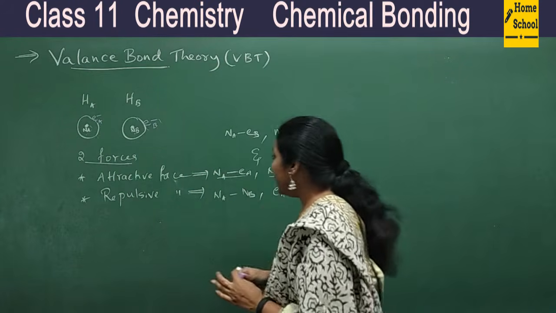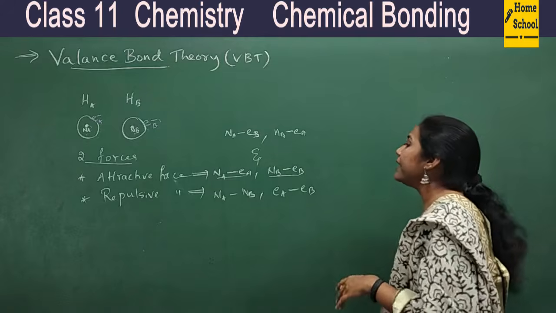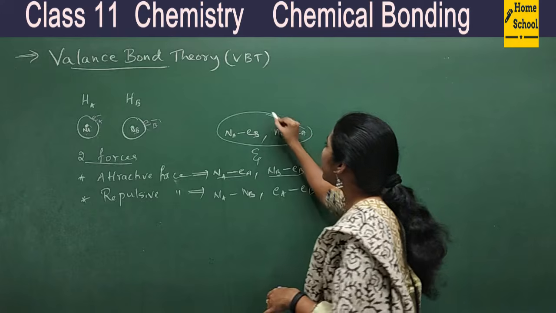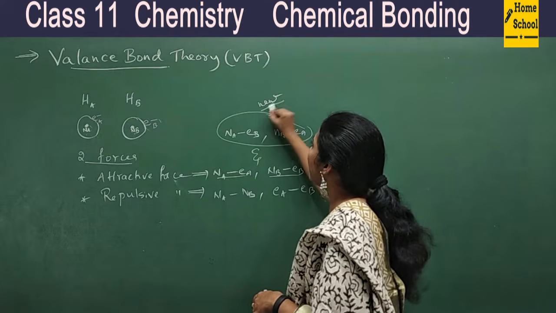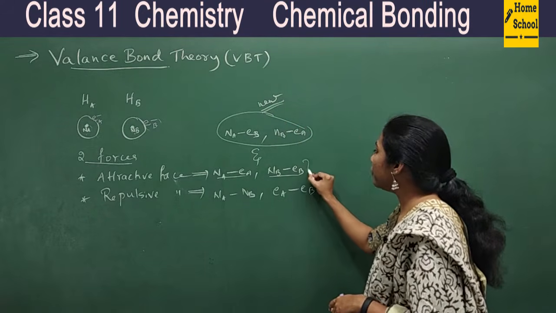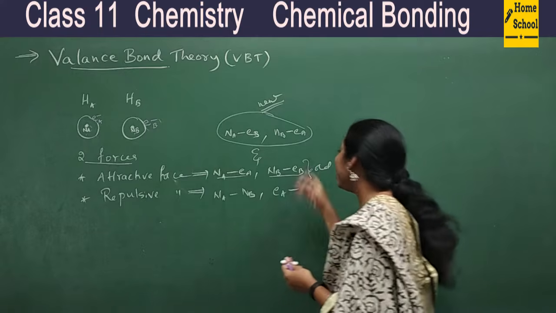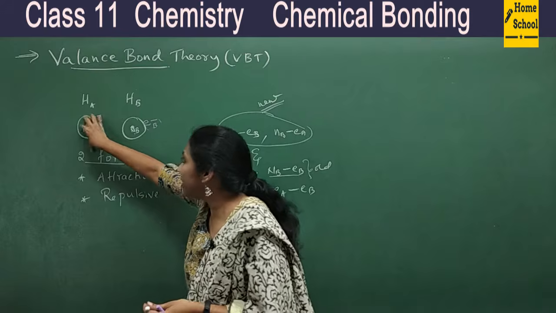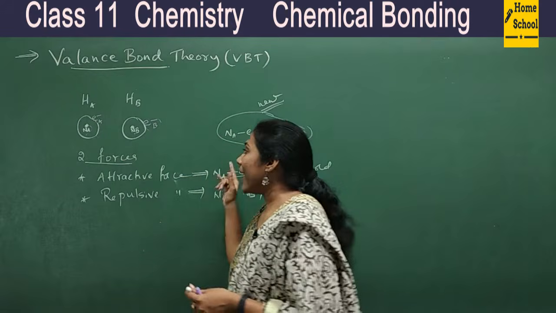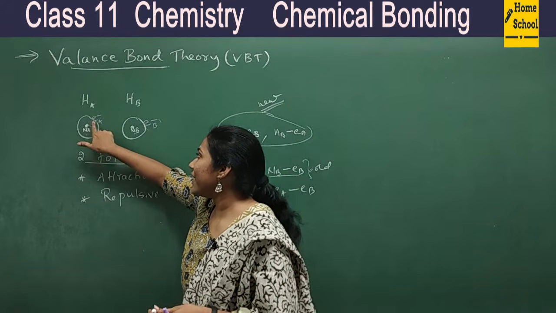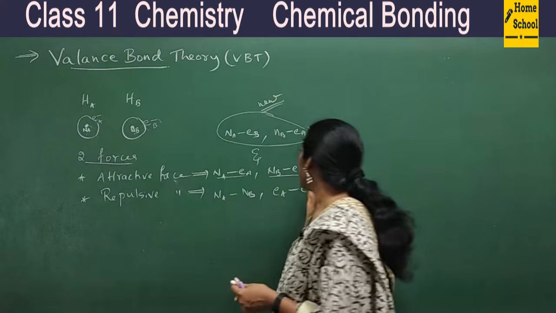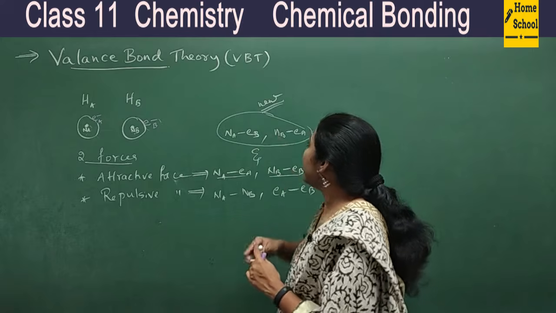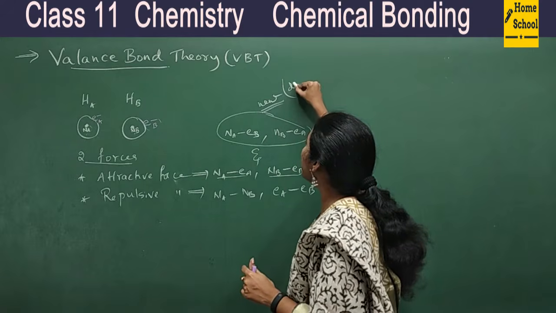Fine. And experimentally, it was proved that, let me call these the new attractive forces, and these attractive forces are old. It's not that they have formed when atoms come close to each other. They are naturally there within the atom, right? So naturally there is an attractive force between NA-EA and NB-EB. So these old attractive forces are very common. And whenever the new attractive forces dominate,